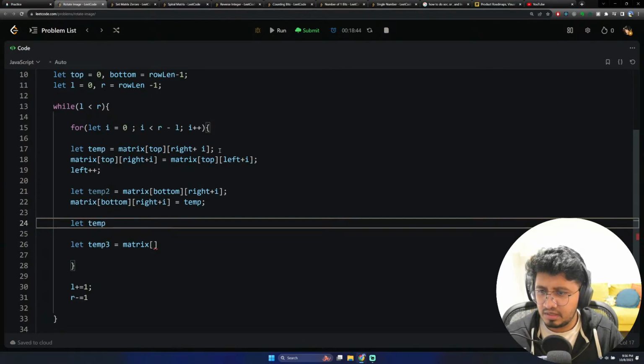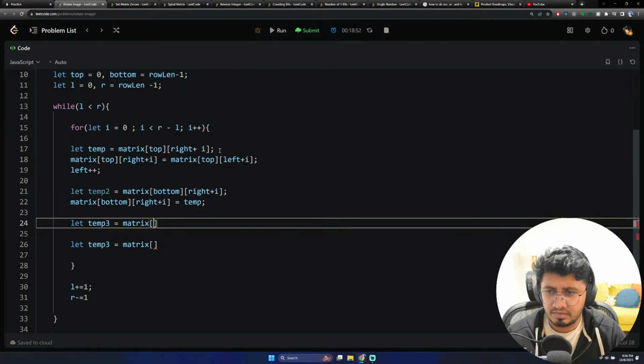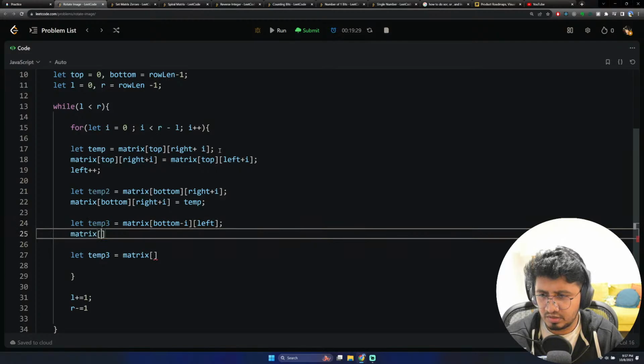let temp 3 is equal to matrix of, then we moved from top to this to this guy, bottom left, bottom left plus 1 plus I, right, or minus I, yeah, minus I. We need to move matrix of bottom minus I left equals to temp 3